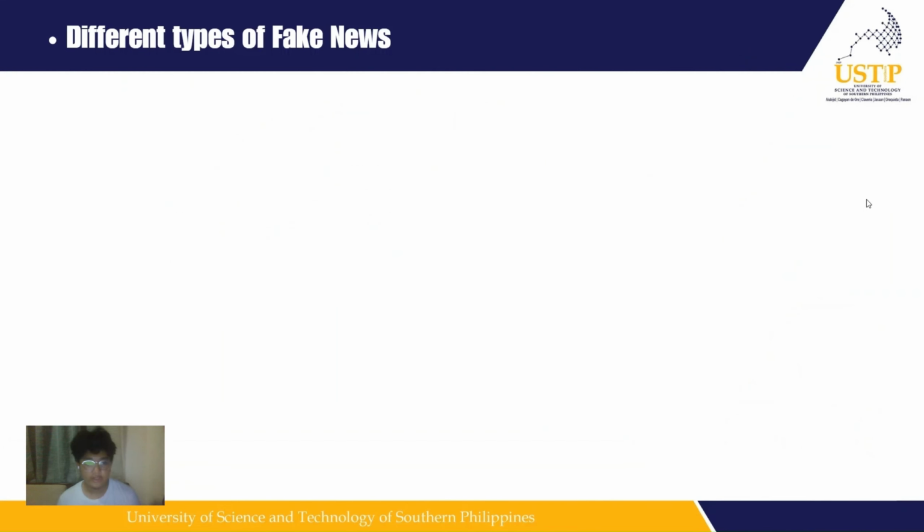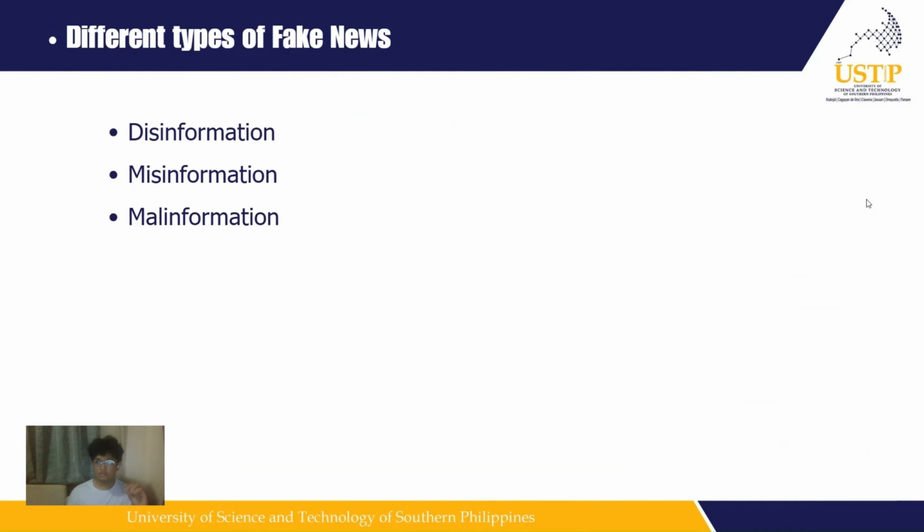So to protect ourselves online, we must classify harmful information correctly. Not all false information shared online shares the same motive. We cannot simply put everything under one generic fake news label. Let us break this down into three major categories. First is disinformation. Second is misinformation, and the third is malinformation.